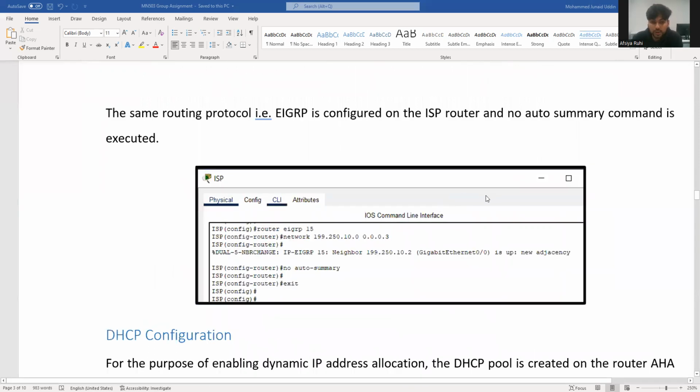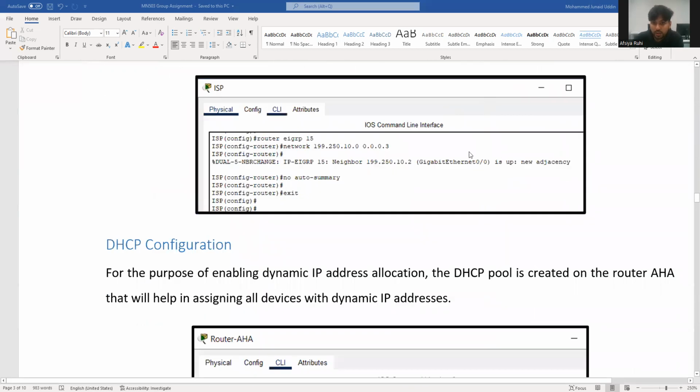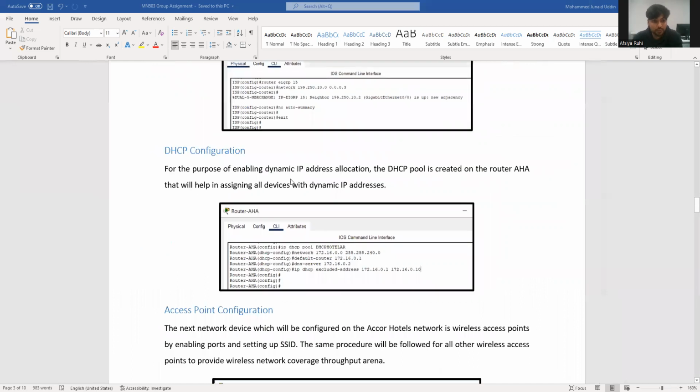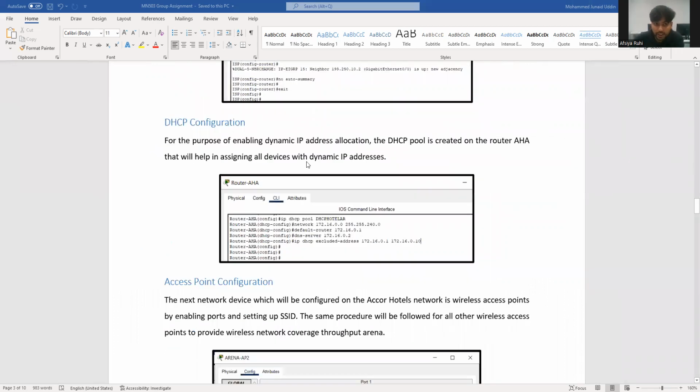In this screenshot, we can see how the configuration is going on in the command line interface. The ISP configuration, as we can see, has the network 199.250.10.0, and there is router EIGRP 15 with neighbor 199.250.10.2. Coming to that, at the end of this, we also have the DHCP configuration